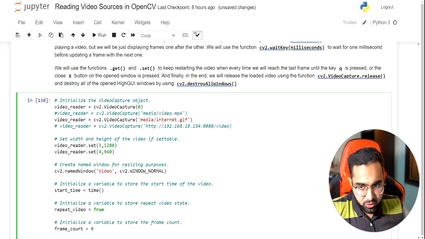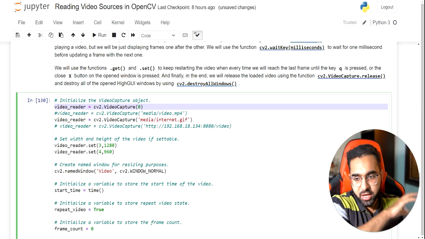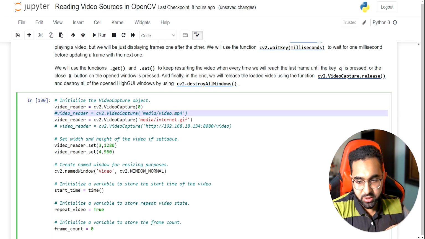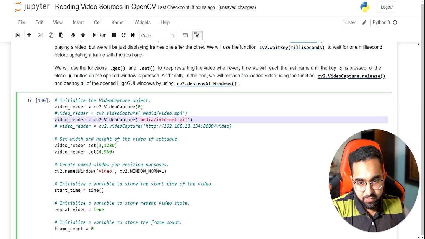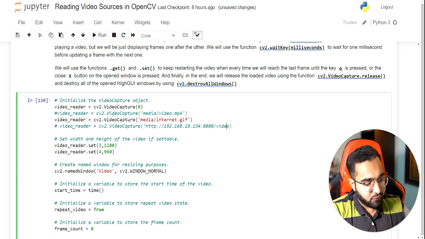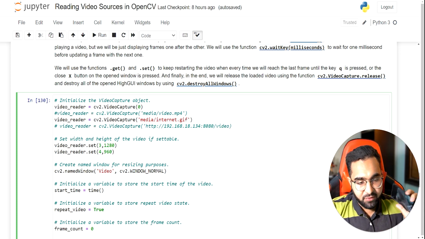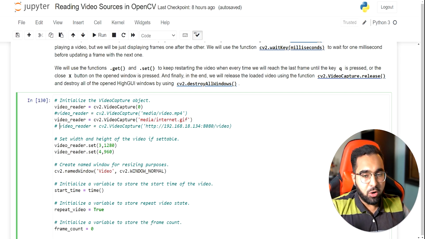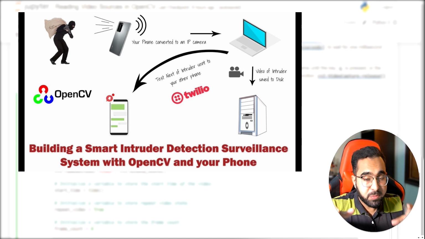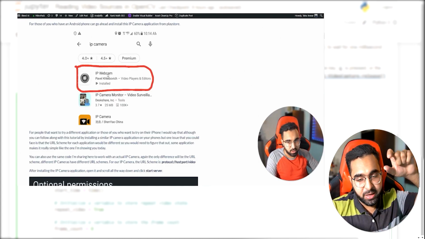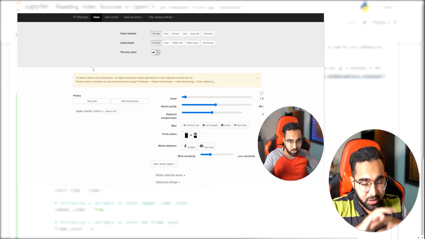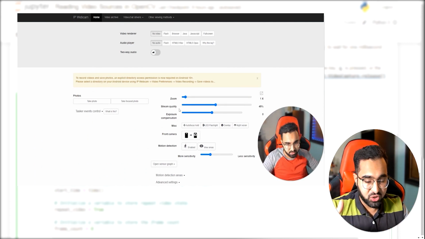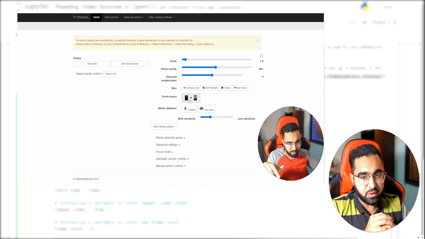Now I've shown you how to read different webcams, and how to read a video from the disk, and also I've gone over the GIF. Now let me show you how you can read from an IP camera, and this is just an HTTP stream from my mobile. In my mobile I've installed an IP camera application. So go over this tutorial of mine called intruder detection, and inside the tutorial I explain in detail how to install this application in your phone, and what sort of parameters you can manipulate and change. So there's a lot of options. I'm not going to cover the whole process.